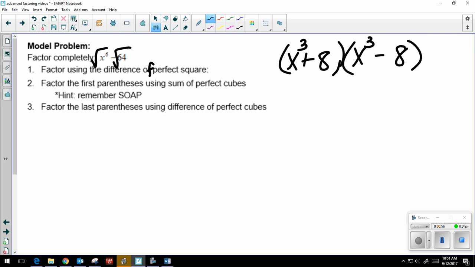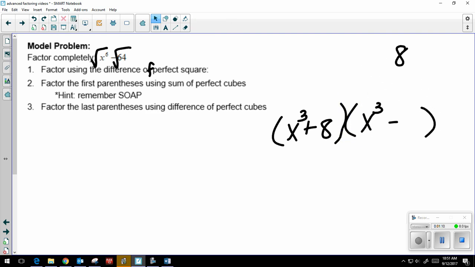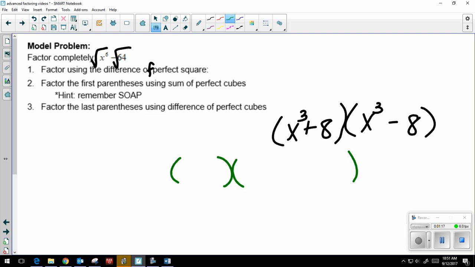So we're going to be using that rule. Now remember, with this rule you want to use SOAP. So I'm going to bring this down so we have some more room so I can finish factoring down here and have enough space. Okay, so let's take a look at this one first. I have a small parentheses and then I have a bigger parentheses, same sign, opposite sign, always positive. So I am going to take the cube root this time, the cube root of each,